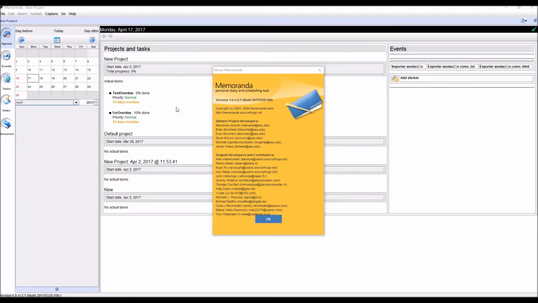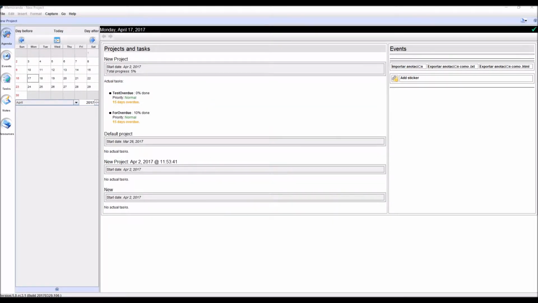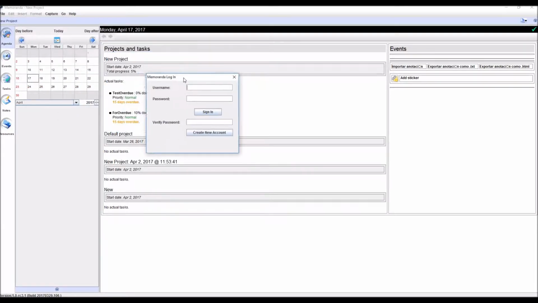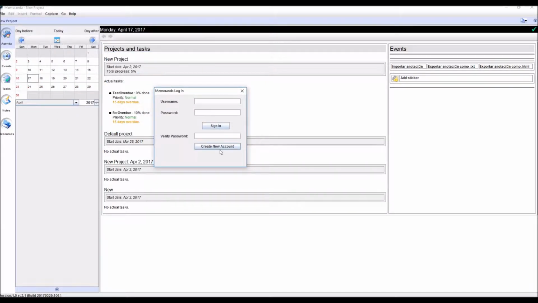I'm Evan. I'm going to walk you through our user stories. User story 1 was for a software engineer to be able to set a username and password in order to preserve the information in their documentation. Jacob handled this story. What we did was we set up for them to be able to switch accounts, and when you click on that, it brings up the Memoranda login screen where you can create a new account, or you can log in and switch between accounts by putting in the password. This is going to be a story that's going to continue on through Sprint 3, where we actually encrypt files